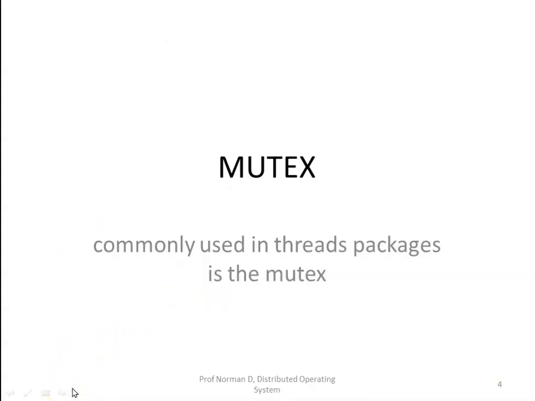Now, since threads share a common memory, they can, and they usually do, use it for holding data that are shared among multiple threads. Access to shared data is usually programmed using critical regions to prevent multiple threads from trying to access the same data at the same time. Critical regions are most easily implemented using either semaphores, monitors, or some similar constructions. One of the techniques that is commonly used in thread packages is the mutex.